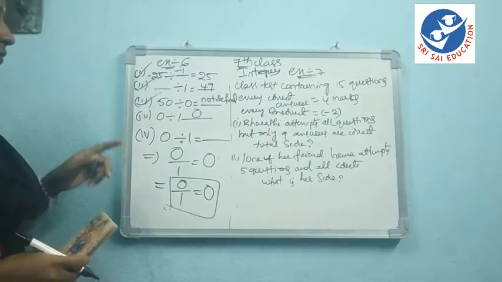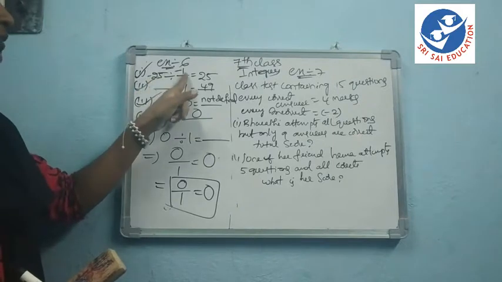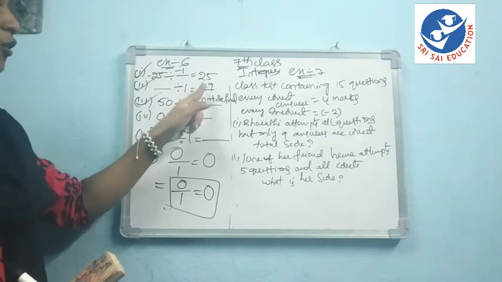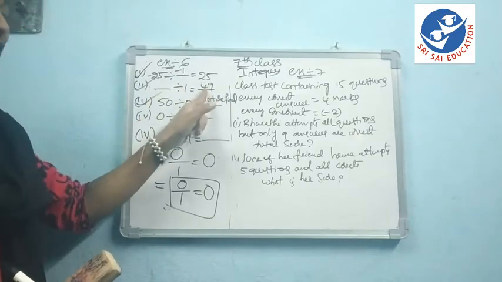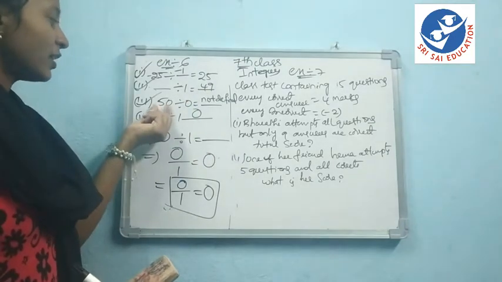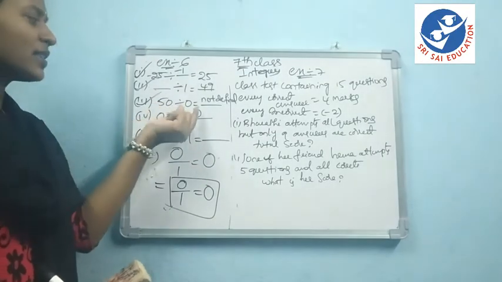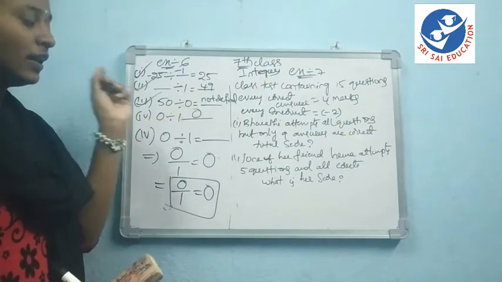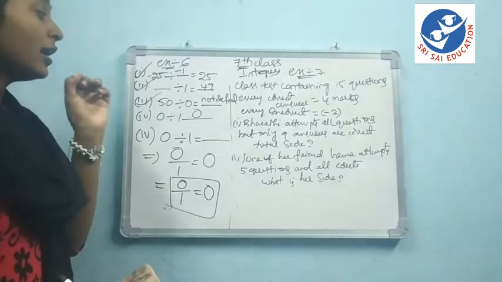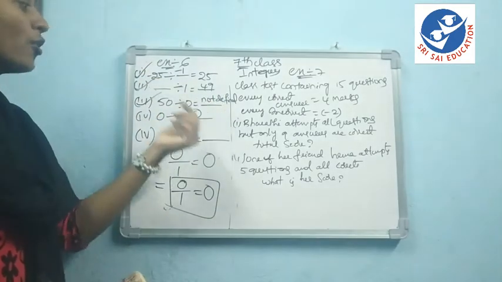Understand? Minus 25 divided by minus 1. Minus cancel. 25 by 1 means 25. In this case, x divided by 1 equal to 49, therefore x equal to 49 by 1. So 49 by 1 means 49. In the third problem, 50 divided by 0, 50 is the numerator and 0 is the denominator. In any rational number, if 0 is in the denominator place, that value is not defined.